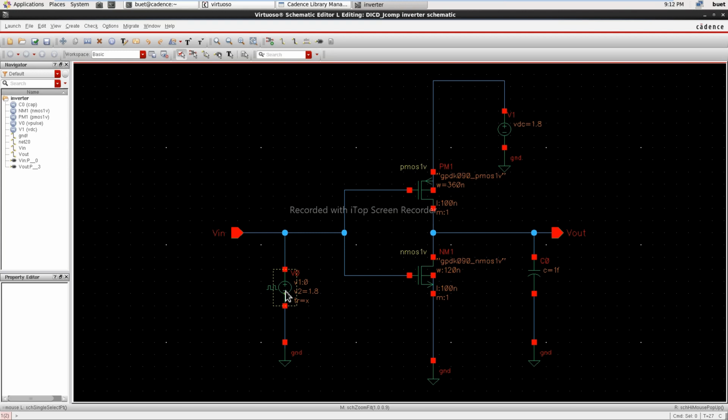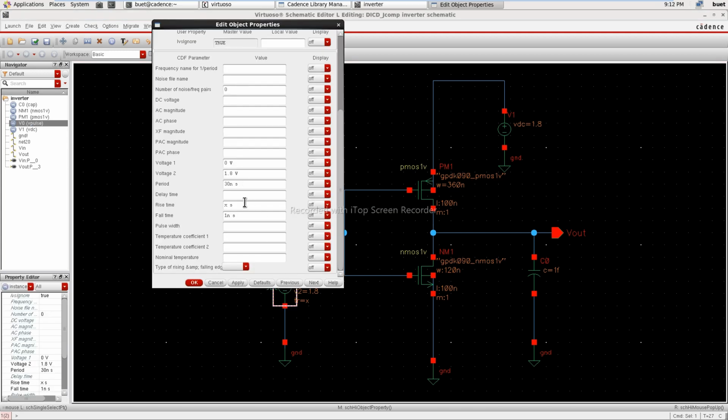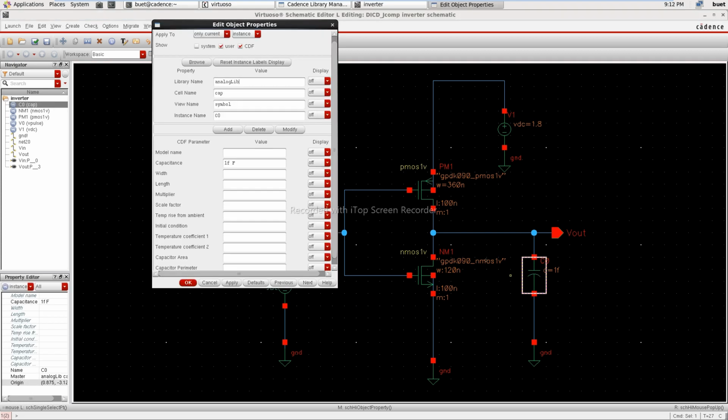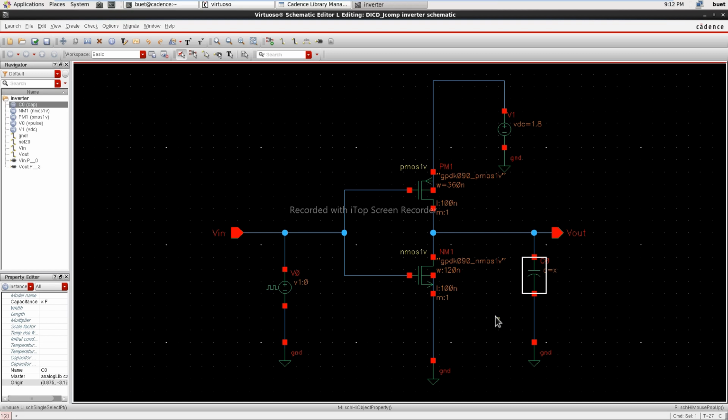Now the second case, we have to change that input slope, like we'll keep it constant, we'll keep it 1 nanosecond. Then we have to vary the load. So we had a fixed load earlier, right? Now we'll vary this. I'll give a variable x. I'll check and save, then I'll run.